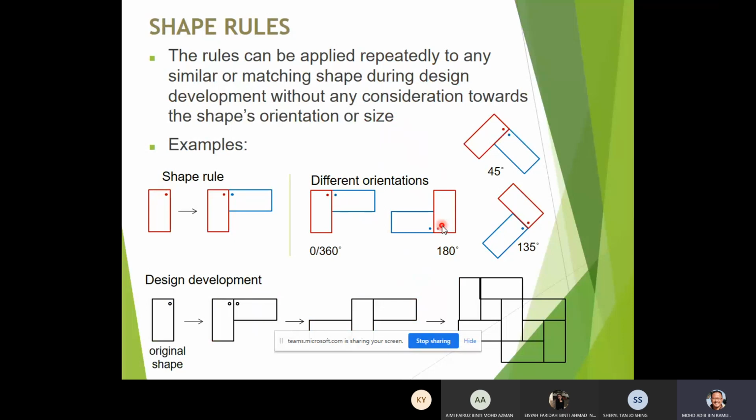Okay, shape rules can be applied repeatedly to any similar or matching shape during design development without any consideration towards the shape's orientation or size. Okay, what does it mean by that? Basically, if you look at the shape rule, this is the shape rule which I've shown earlier. So the red color is basically the original shape and the original position. And then after transformation, basically, you add another rectangle